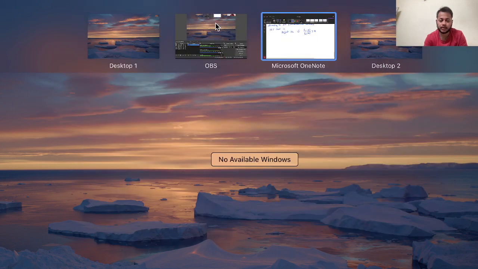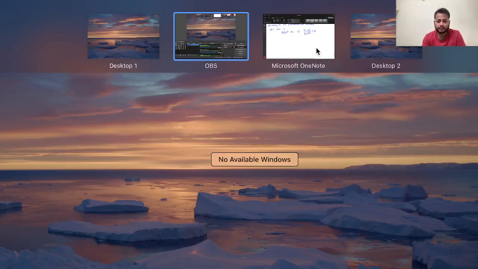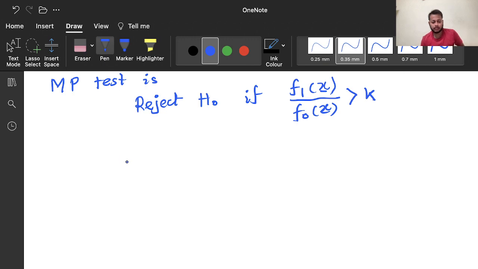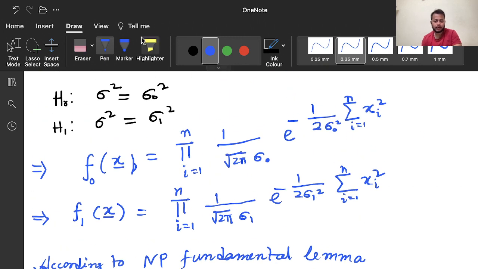Let me see that it is working or not. It's working properly. Okay, so put all the things together, and this is not right, so this is to the power n,